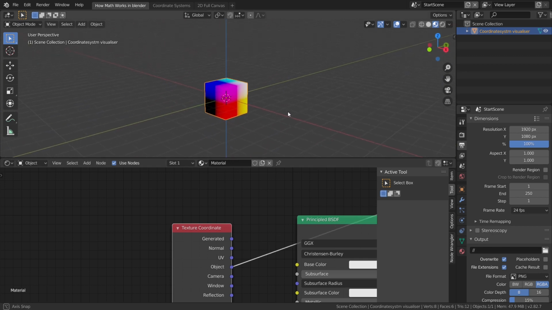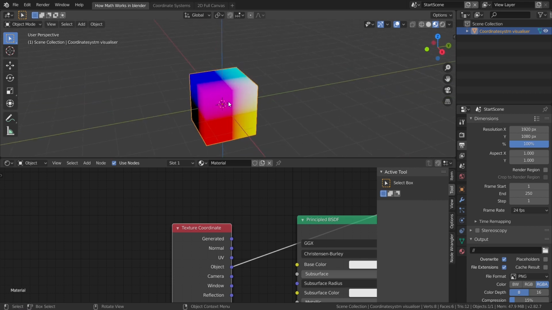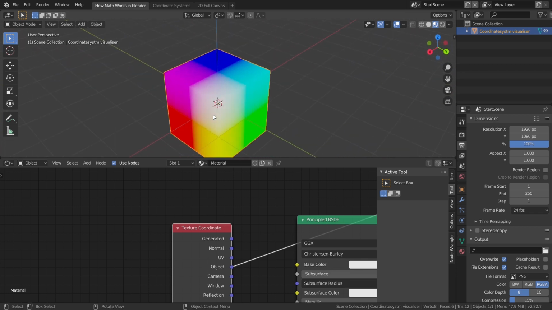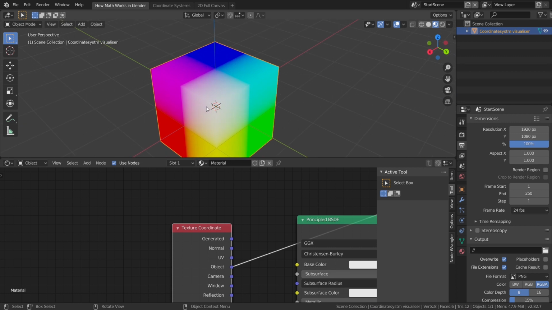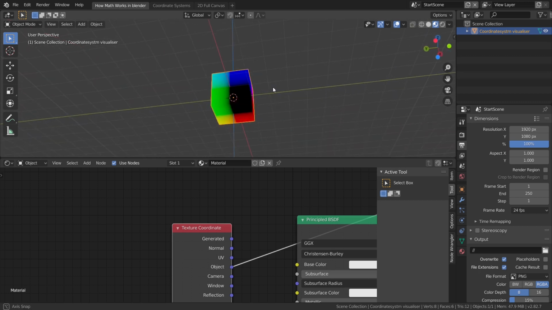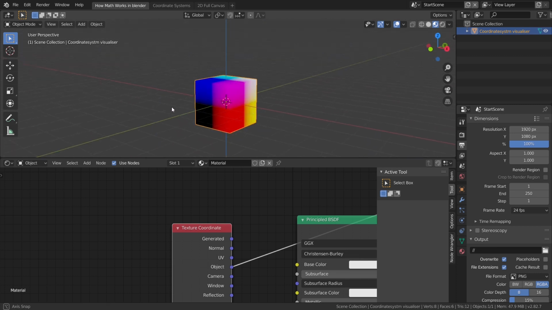In a three-dimensional Cartesian coordinate system, we have 8 octants corresponding to the 3 axes: the x-axis, the y-axis and the z-axis. So in the object coordinate system, we see that all 8 octants are visible. We can see a white octant. The white color represents the positive octant, in other words, the octant corresponding to the positive xyz axes. Diagonally opposite to the white octant, we have a black octant, in other words, the octant corresponding to the negative xyz axes. Similarly, all the other octants are color coded as you can see in the 3D viewport.